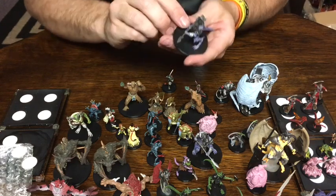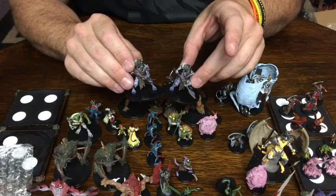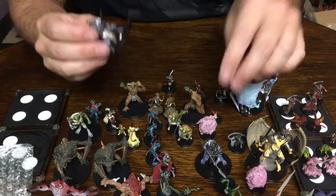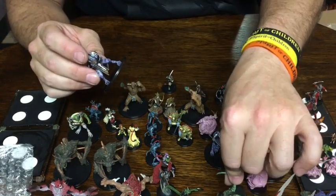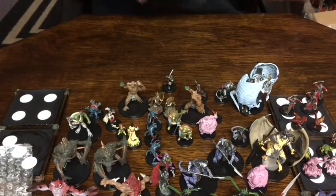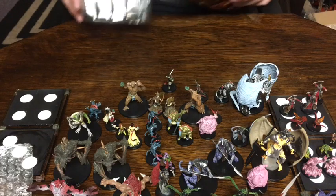And we got another ice devil, which does look pretty cool. A couple ice devils, which are like insect looking things, so you can use them as giant insect people. All right, doing pretty good. Got a few doubles, but